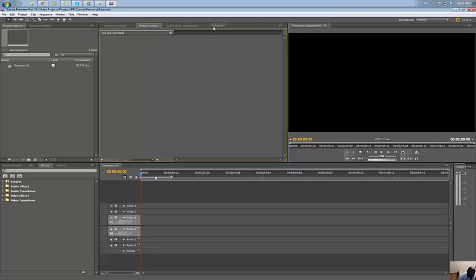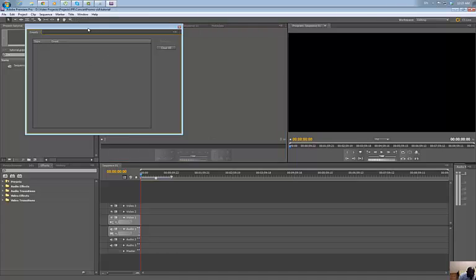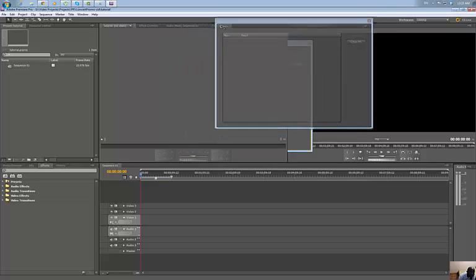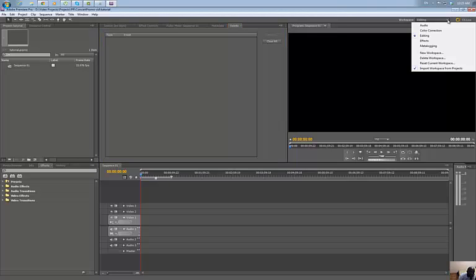And let's say I'm not really sure what I need, but I know I closed a lot of things, and I'm not really sure which one. I can just come here and open and drag this in here, and then I've added it to the list of what is here. So rearranging your workspace is very easy. If you mess around with it and you're not really sure,